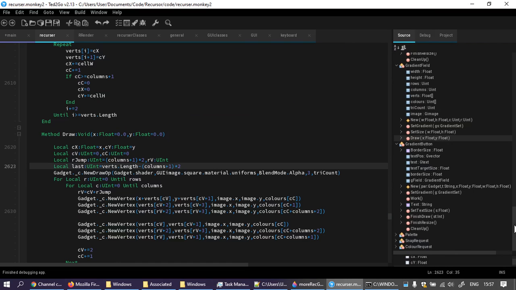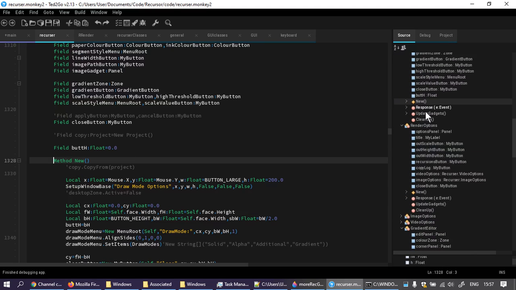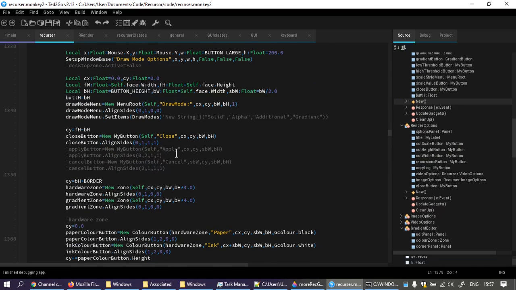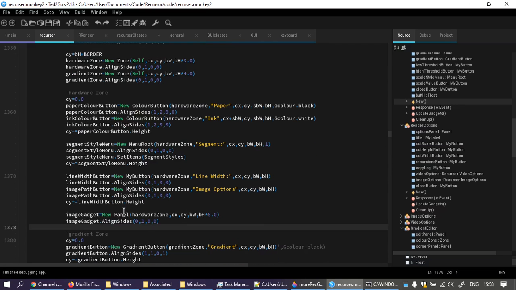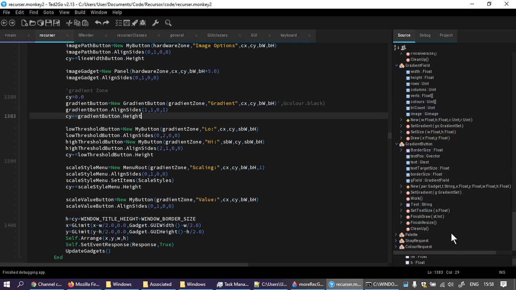I go to draw mode options. Draw mode options call is new. And somewhere up and down here, the gradient button exists. Gradient zone, gradient, CX, CY, button width, button height, gradient button, align sides. Okay. So in the gradient button, new,